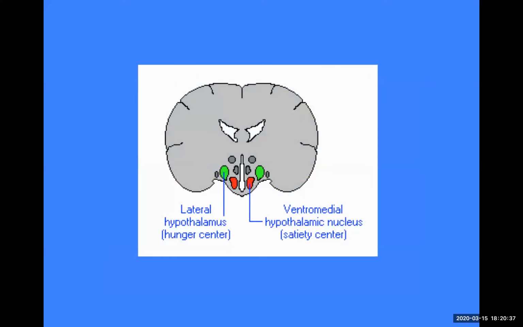The place in the brain where hunger and satiety are primarily regulated is the hypothalamus. So the hypothalamus is responsible for all kinds of basic functions. You know, are you anxious? Are you going to fight? Do you need to mate? Are you hungry? And so there are two nuclei, the one closer to the midline, the ventromedial, so it's slightly